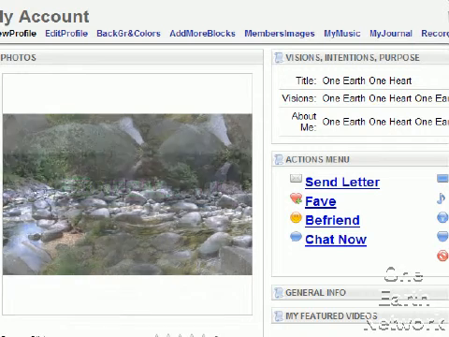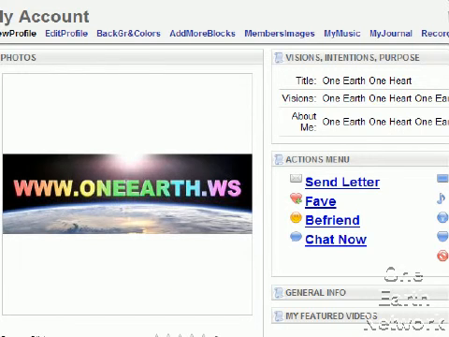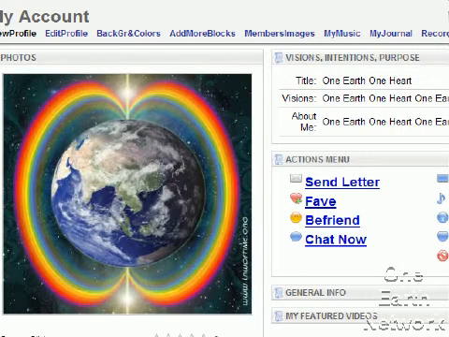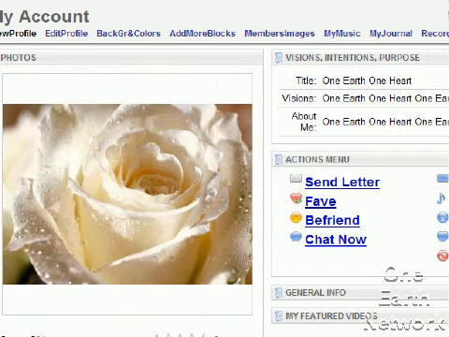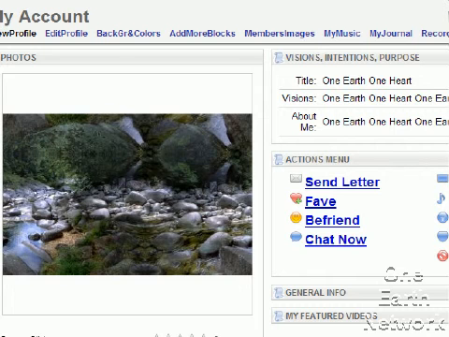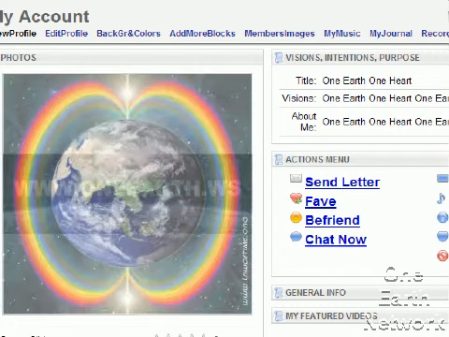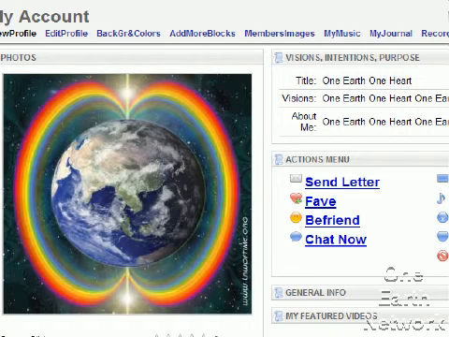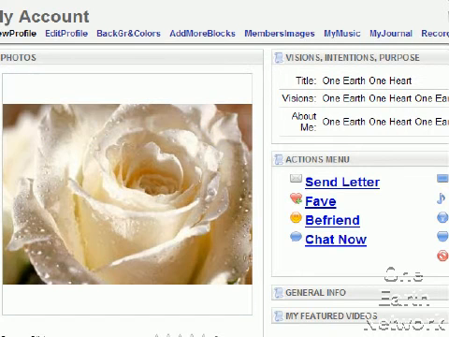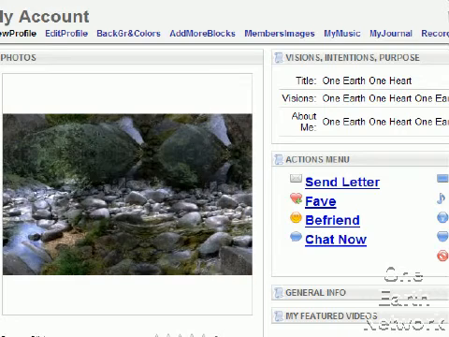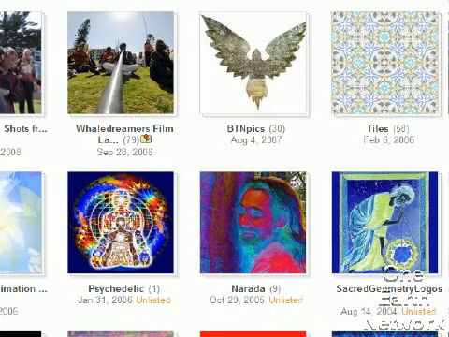So before we can add a background picture, we have to find a background picture that we're happy with, and I've set up a large collection of them at picasaweb.google.com/birdtribesnetwork. That's Picasa, P-I-C-A-S-A, picasaweb.google.com/birdtribesnetwork. And when you get there, you'll find that there's a lot of folders full of different images, and there's